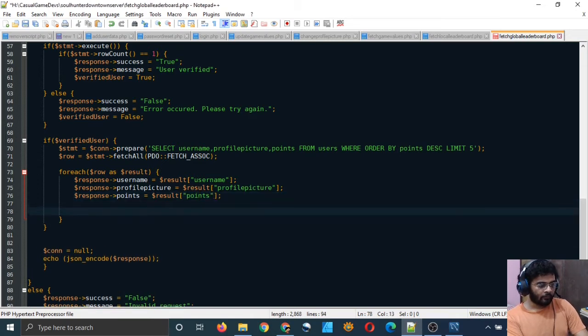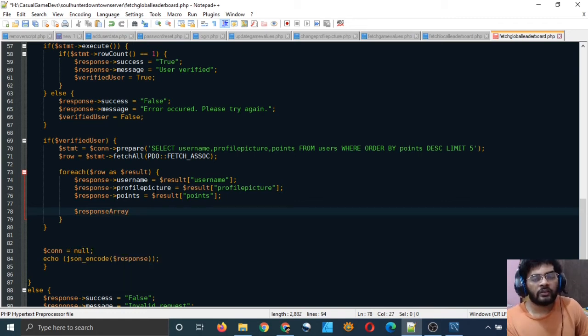Okay, so now we have constructed our JSON object, and now we have to take this object and put it in our array, and similarly we will do this 5 times, so that we put 5 objects in our array. Let me now put this JSON object in my response array.